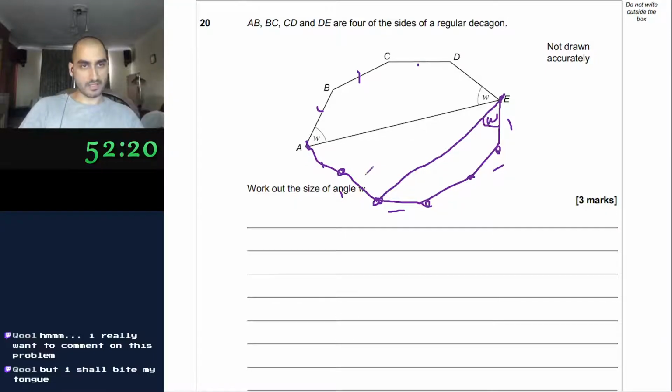Oh, I see. Yeah, I see what you're supposed to do. It doesn't even matter what the rest of the decagon is. So we want to find... Just sum those up, and then whatever's left. Okay, so the angle inside a decagon, the standard angle inside a decagon is